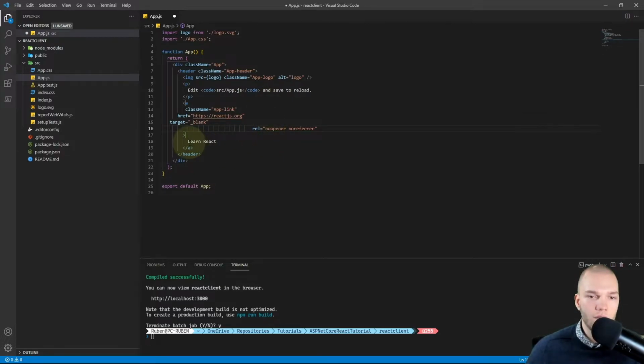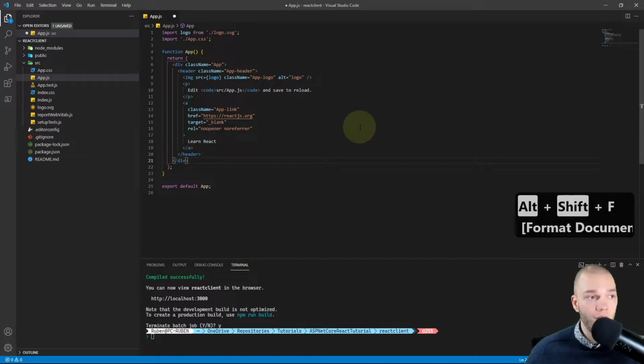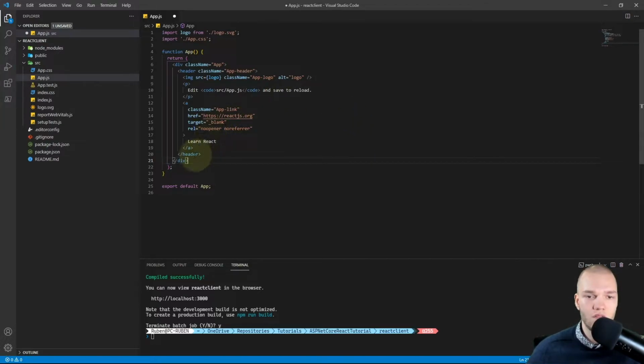So now it's all messed up. And then I'm gonna press Shift-Alt-F. And there we go, you see the formatting is fixed. We're using the standard JavaScript formatting, which is two spaces indentations. With that out of the way, let's get started developing, and I'll start by deleting everything we won't need.